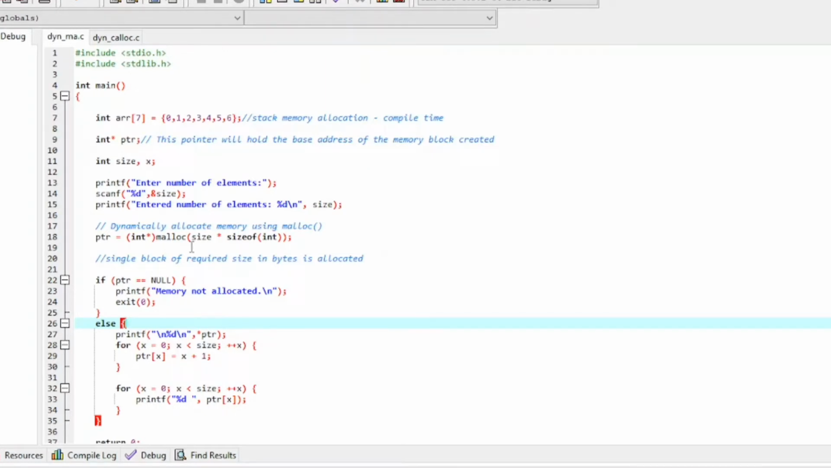So what will malloc return? Malloc will return NULL, so this NULL will be assigned to ptr. Now if ptr is equal to NULL, that means memory is not allocated, and we exit the program. Otherwise, if memory allocation is successful,